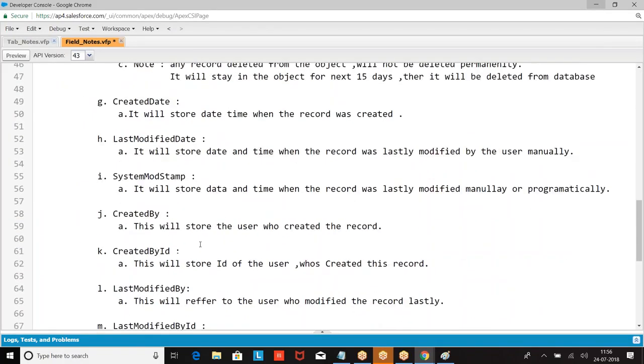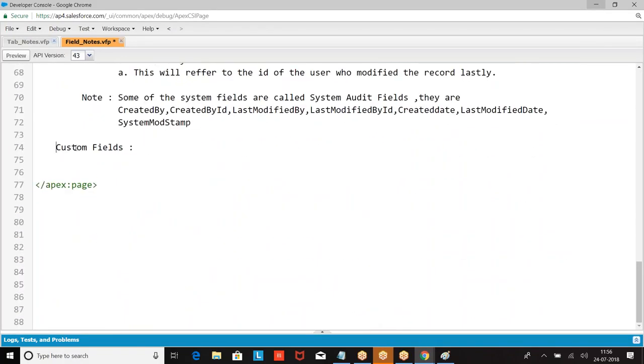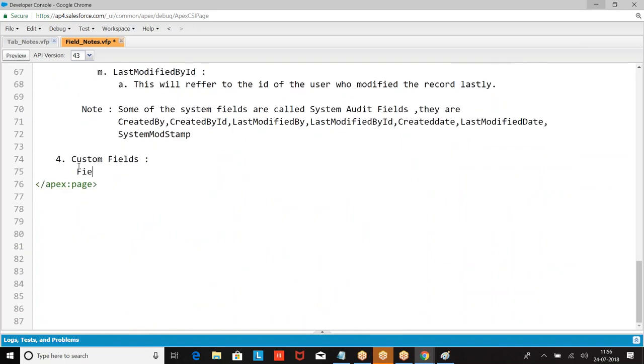Fields created by the user are called custom fields. These fields can be modified or deleted as per your requirement.